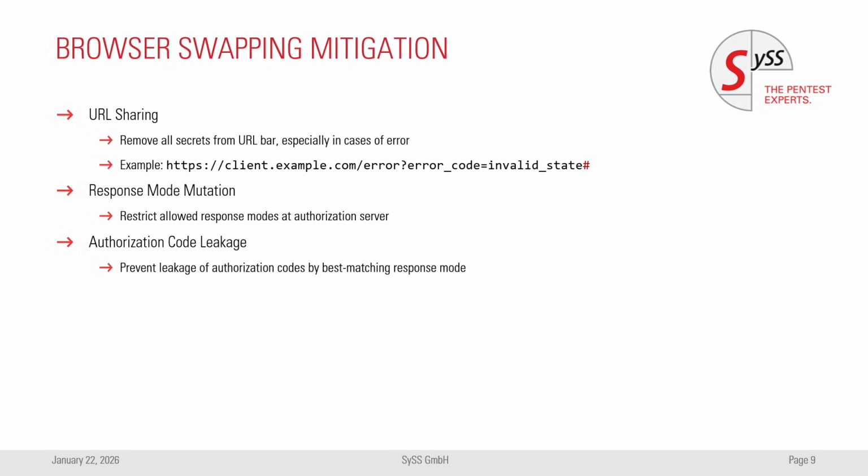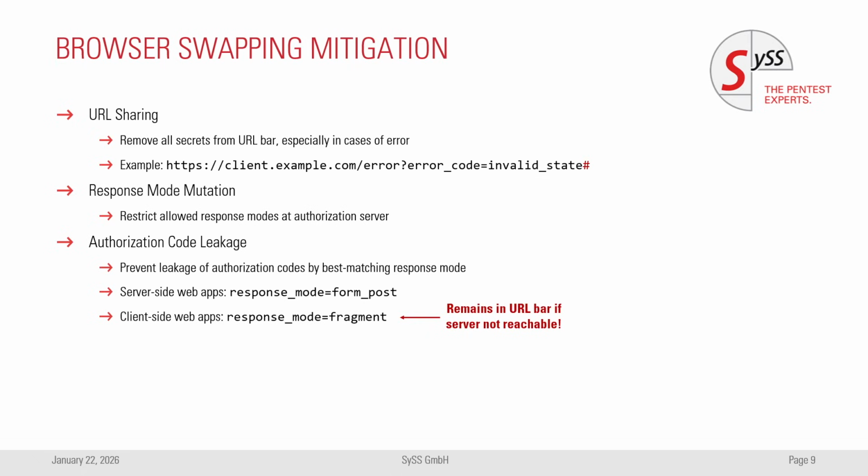Server-side applications, such as our web application presented here, might use the response mode form post, where the authorization code is transferred as a post parameter. Post parameters are known to contain secrets and are therefore typically not logged. Client-side applications, such as JavaScript-based single-page applications or native apps, might use the response mode fragment. In both cases, make sure that you can enforce the used response mode at the authorization server to mitigate response